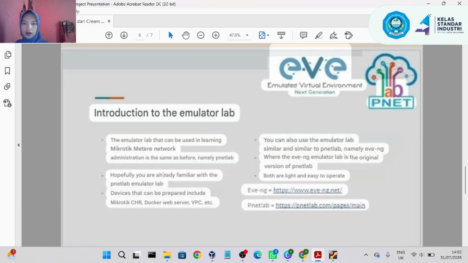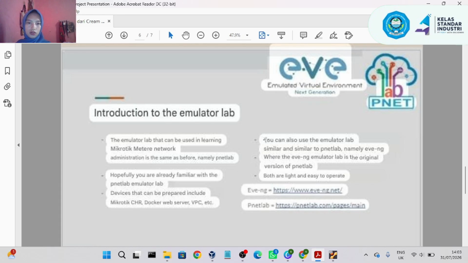Hopefully you are all already familiar with the PNetLab emulator lab. 3. Devices that can be used include MikroTik CHR, Docker, web server, VPC, etc.